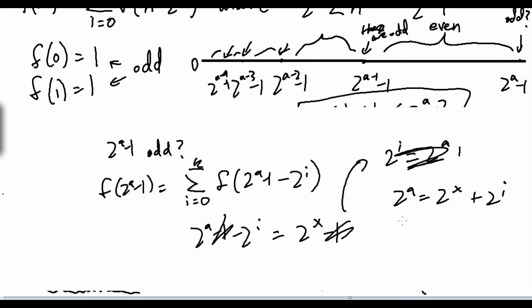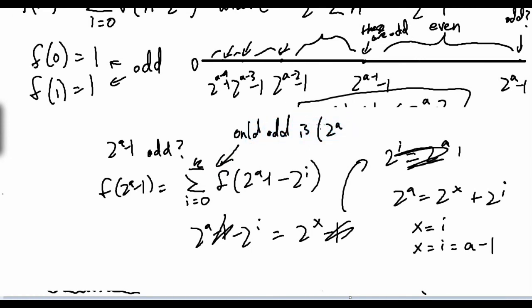And what does this mean? The only way this can be true, and this is just common sense, I don't think you actually need to prove this, I mean, the judges aren't that mean, is if x is equal to i, and x equals i equals a minus 1. And thus, this proves that the only odd number in this summation